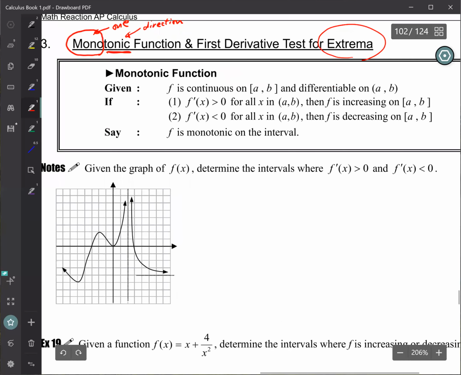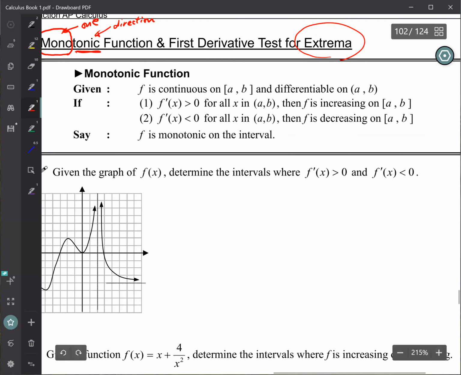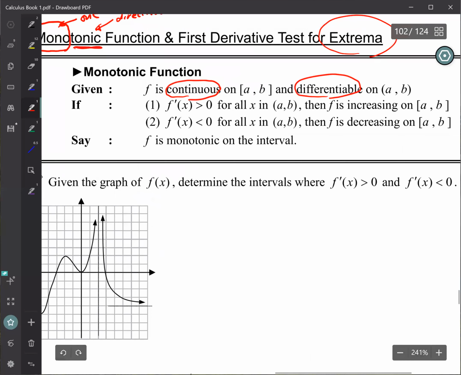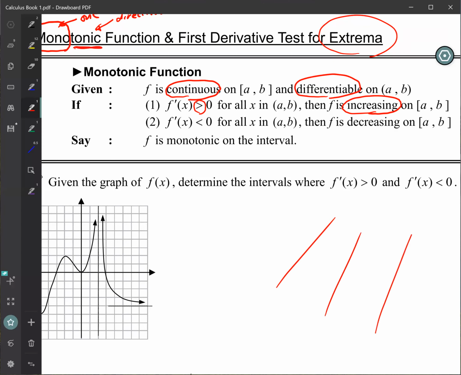So over here, we just deal with a simple function, continuous, just like before, differentiable on the open interval. If the slope is greater than 0, circle that, positive, then it means it's increasing. I think it's very common sense now, right? If the slope is positive, that means going this way. All these slopes are positive, just steeper. So if their tangent lines have positive slope, then you know the function is going